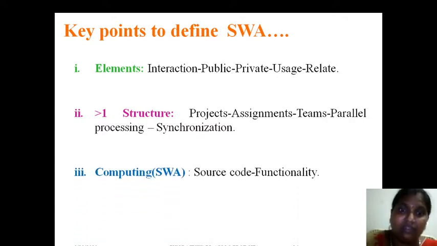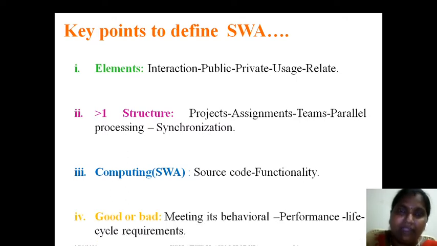Third one, computing. For example, if I give a program, write a table program for 10 people, the 10 people may not write the same code. They may differ based upon their use of while loop, for loop, if conditions, their numbering, their declaration of the variables. A lot of variations will happen. Some use functions, some may use parameter passing or reference, some use direct code, some use any other language they want to implement. So like this the computing may vary based upon the SWA. If you want to define any SWA, we have to take care of all these concepts.